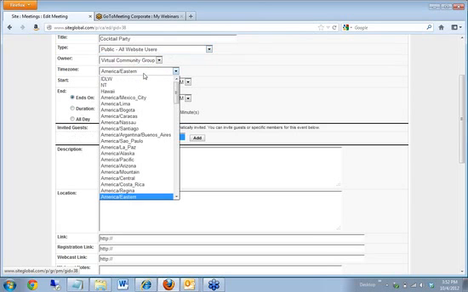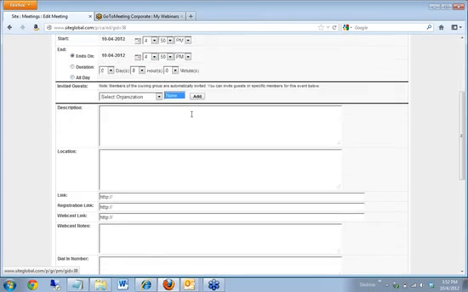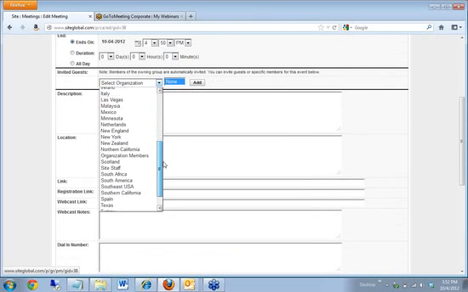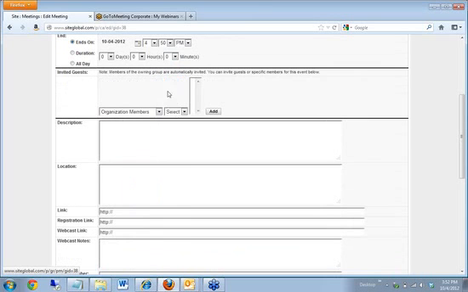I can choose a time zone. We have pretty much any time zone in the world available here. You can choose a start and end date and time, or you can choose a certain duration or say it's just all day on a certain date. You can invite guests from any other chapter or group. If you just want to find a certain member, you can choose organization members, and that'll give you any active site member. You can put in a description